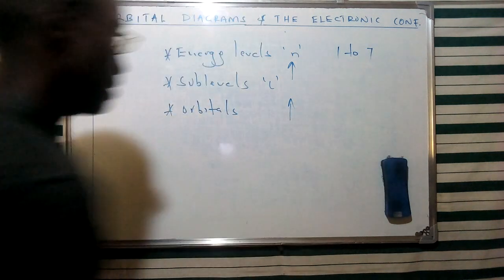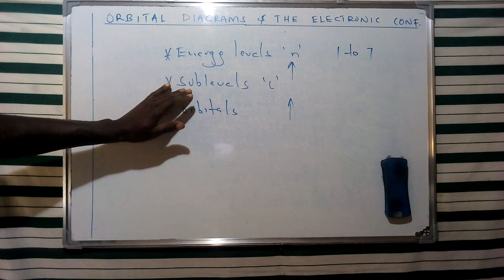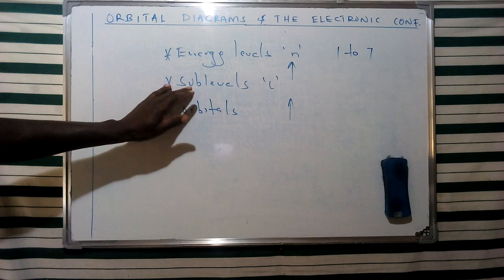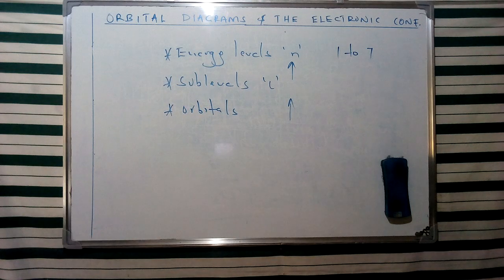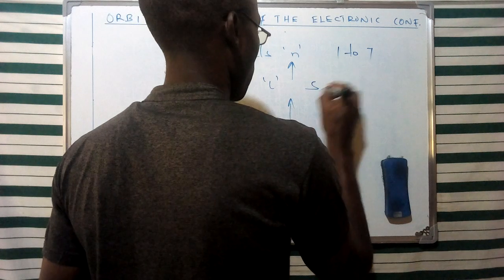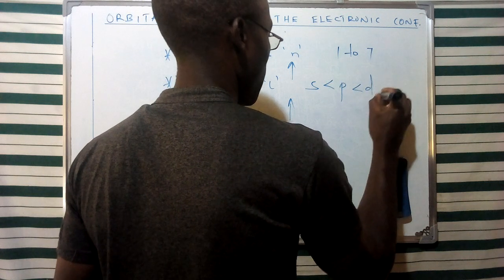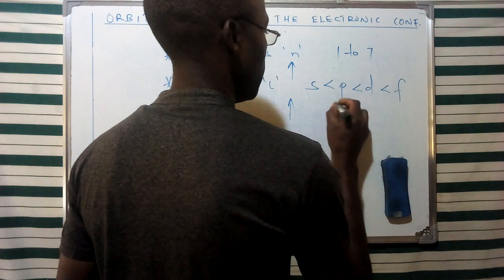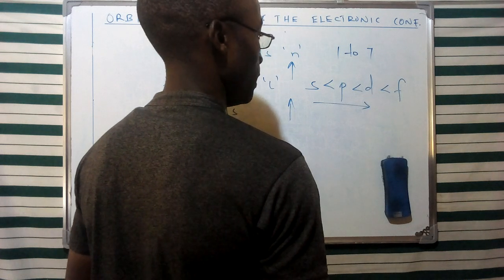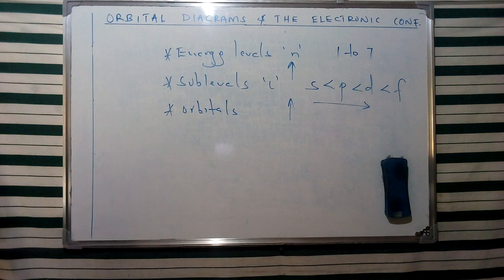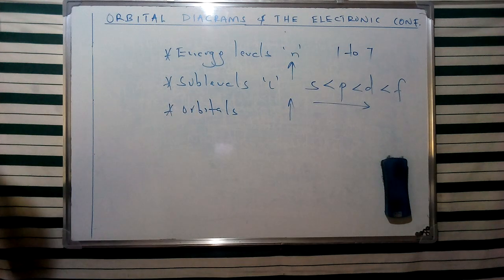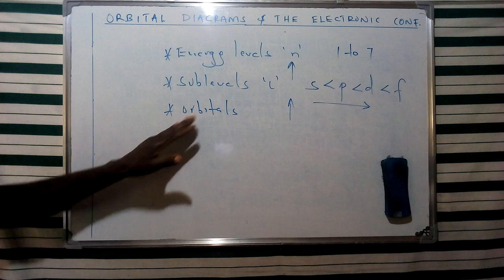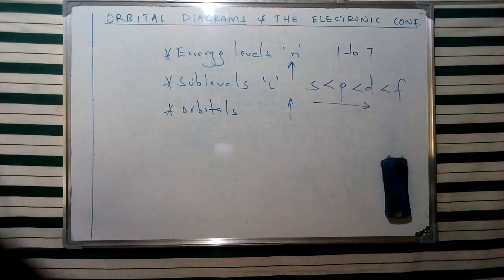I also mentioned that these sub-levels are represented using the letter L, and these are given in terms of orbitals, S, P, D, and F, arranged in order of increasing energies. These are the S, P, D, and F orbitals. Talking of the concept of orbitals, I mentioned that we're going to use a representation of